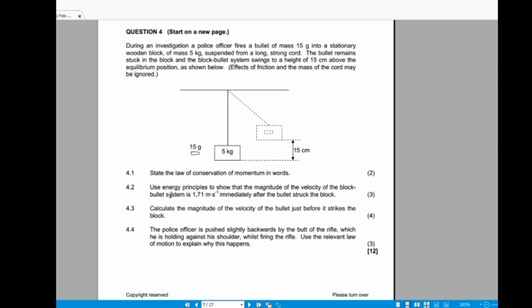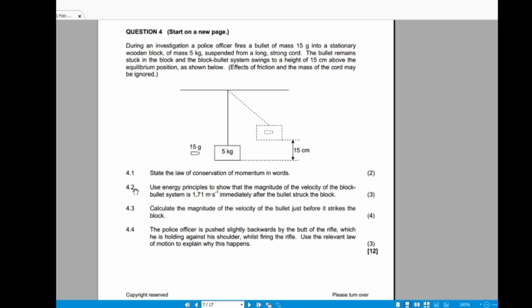And then question 4.2, use energy principles to show that the magnitude of the velocity of the block-bullet system is 1.71 meters per second immediately after the bullet struck the block. So, use energy principles. When I started this question I saw that it's more related to grade 10 physics than it is to grade 12 physics. So if you can still remember from grade 10,